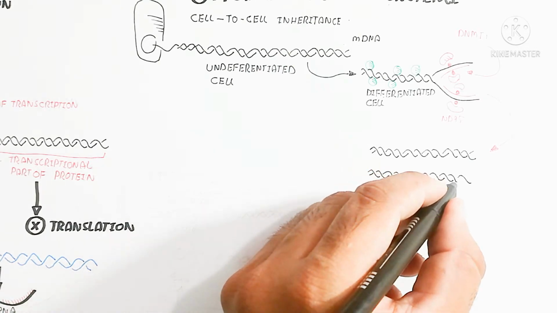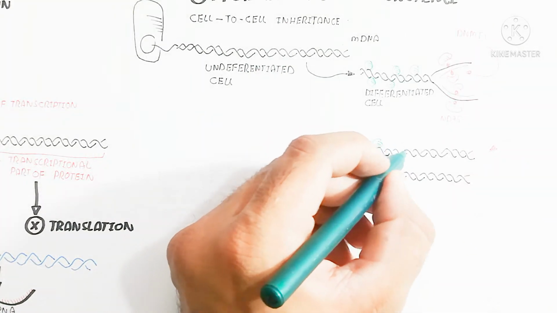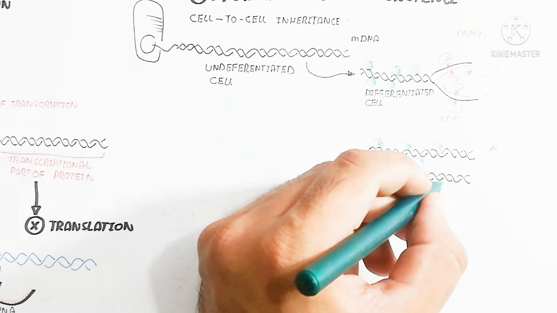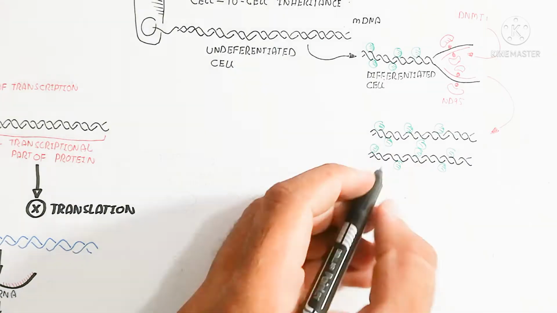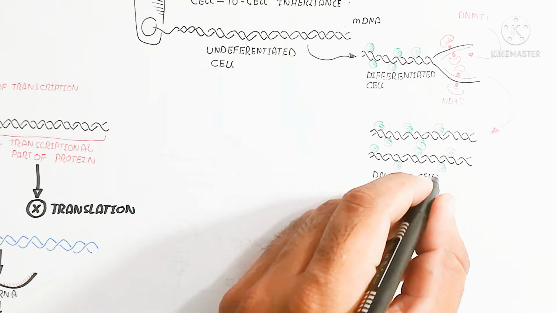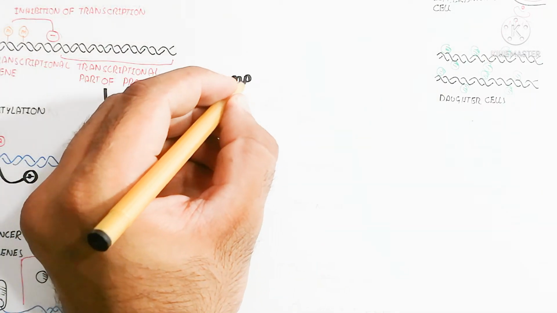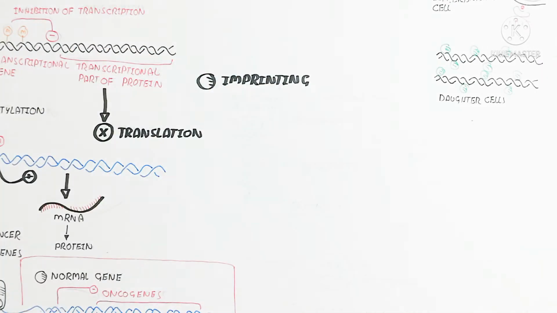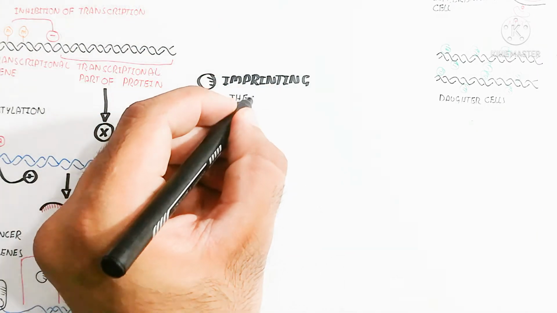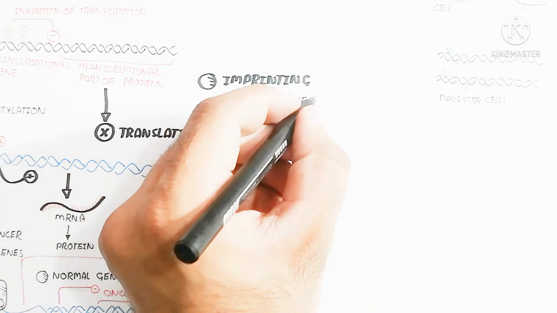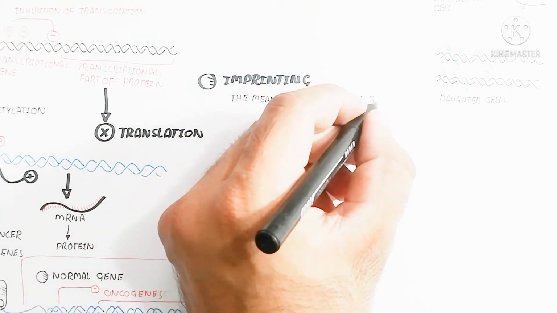So this DNMT1, and the ND95 factor, will bind again at the methyl group for the daughter cell. So again the maintenance and retention of the methylation will occur in the somatic cell. That is known as somatic maintenance. While in